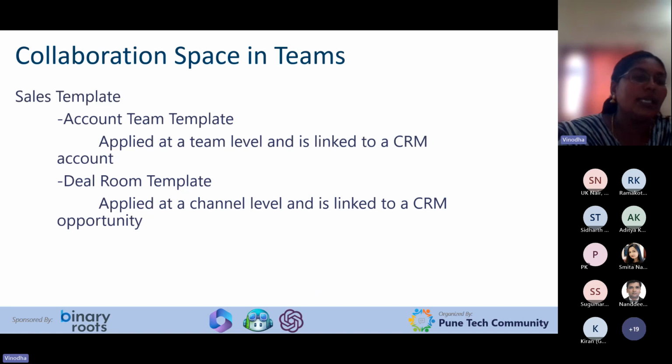Next, we are going to see the collaboration space in Teams. Normally, sellers face difficulties creating teams and channels with the right people and the right information. You all face the problems. They often create multiple teams, multiple channels, and it is hard to discover whether the channels and teams are right with the right people. So to overcome this problem and save time for sellers, the Sales Copilot provides